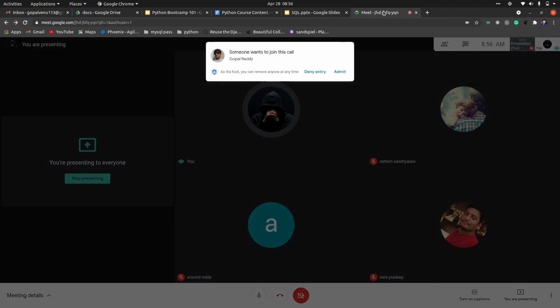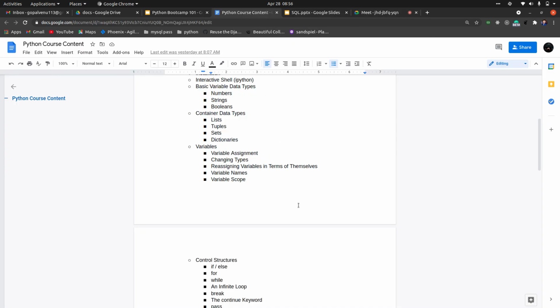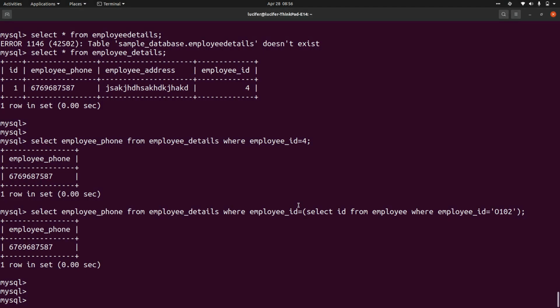For those kinds of structures, we won't have these kinds of relationships created between tables. So you'll have to be more familiar with these two types of databases, RDBMS and NoSQL. Fine.